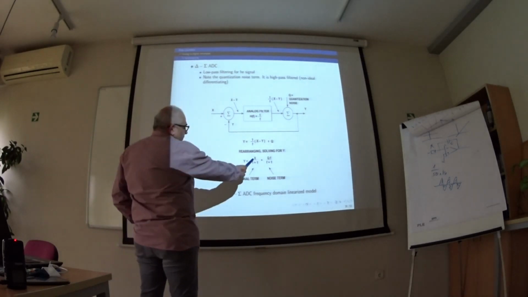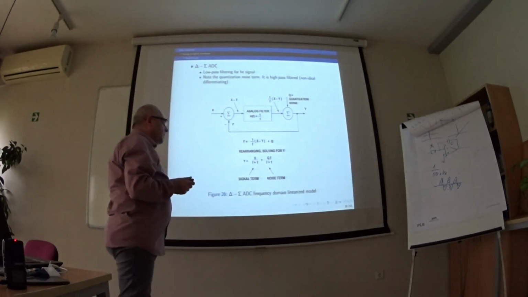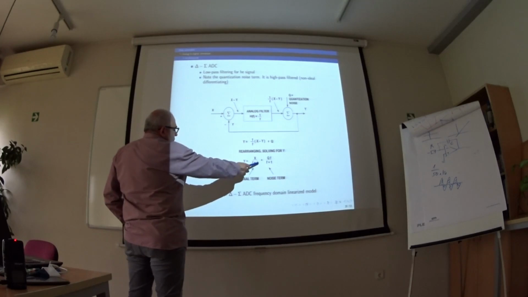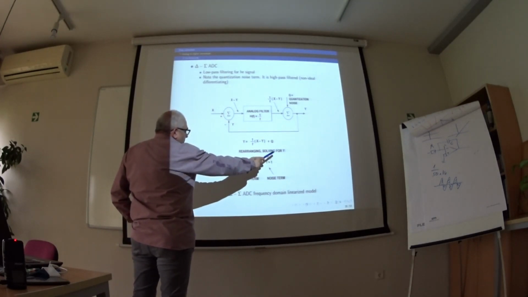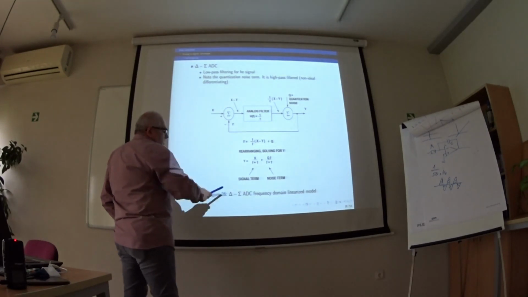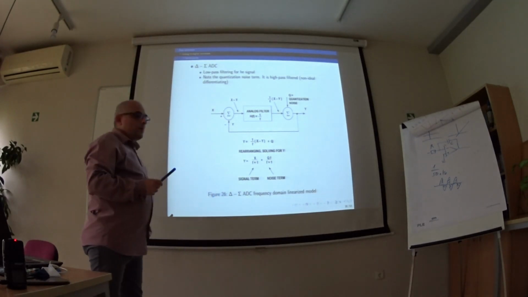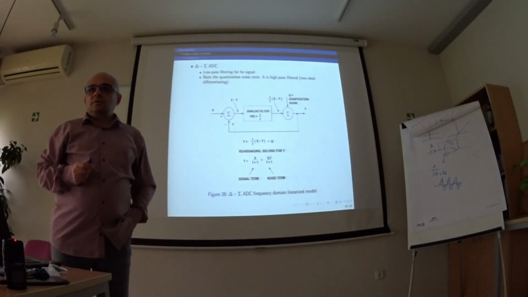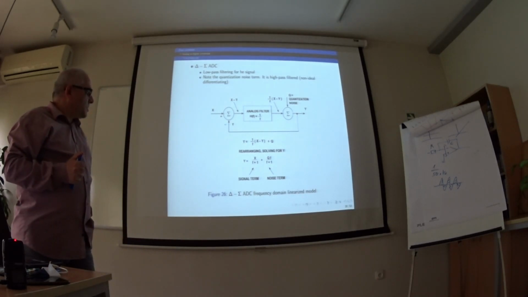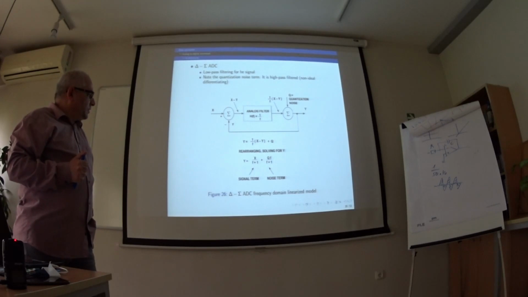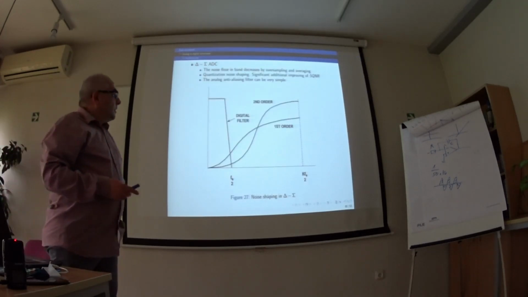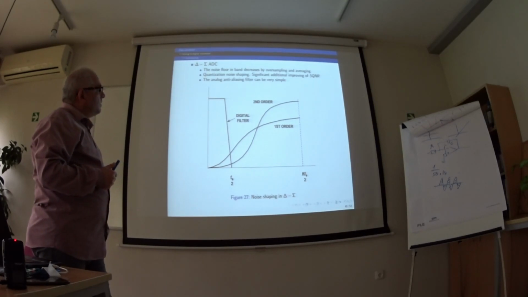This is the signal term, this is the quantization noise term. Here we have a transfer function that is 1 over f plus 1. Here we have a transfer function that is f over f plus 1. Here we have low pass filtering, and here we have high pass filtering. Actually, the quantization noise is high pass filtered, and when we apply high pass filtering of the quantization noise, we move its